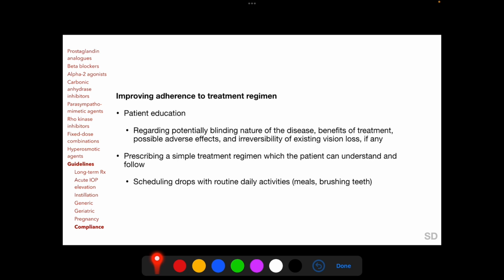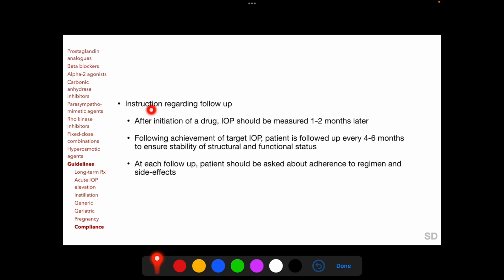Compliance with medical advice is a major issue in success of glaucoma therapy, and compliance can be increased by educating the patient regarding the potentially blinding nature of the disease, the benefits of treatment, possible adverse effects, and irreversibility of pre-existing vision loss if any, by prescribing a simple treatment regimen which the patient can understand and follow, which may include scheduling drop instillation with routine daily activities such as meals and brushing teeth,